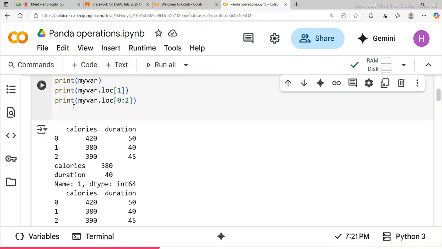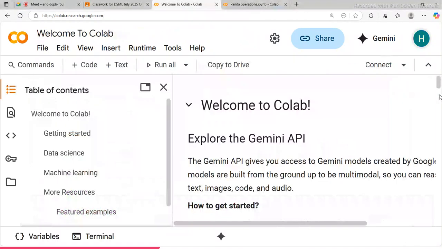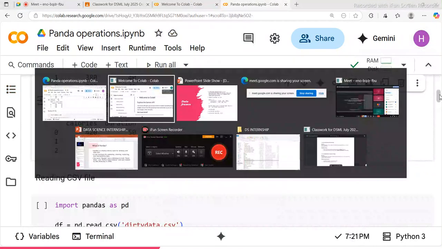Okay, and the output for the third print statement is my variable dot location of 0 colon 2. It means from 0 to 2 it will print. Okay, so 0 is this and 1 2, so all the rows get printed here. Okay, so that is the way you can access the rows from the data frame. Okay, next one we have